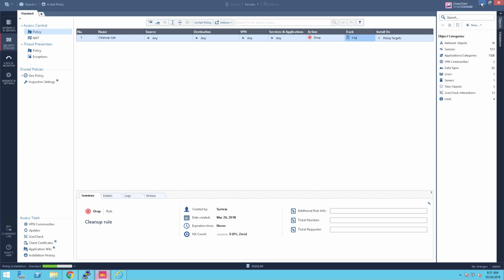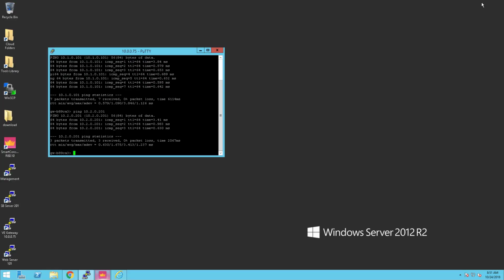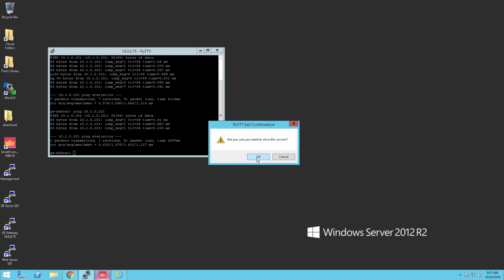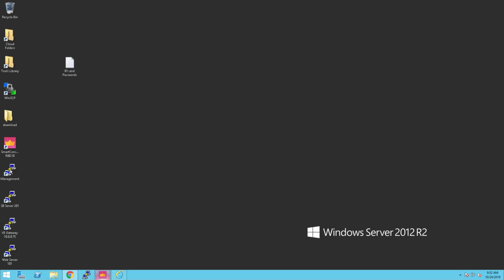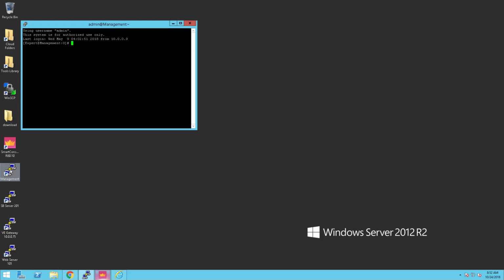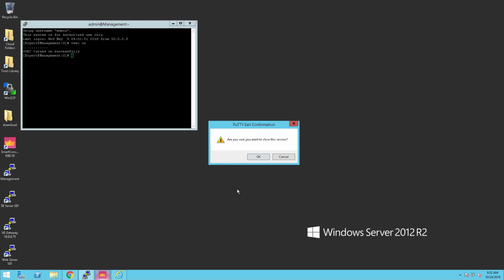Once everything has passed successfully and the policy has been installed, we want to go with an SSH session to our management platform and start the CloudGuard controller. We will do so by entering the command vsec on or CloudGuard on, depending on your version. After we've done that, we will go back to the Smart Console